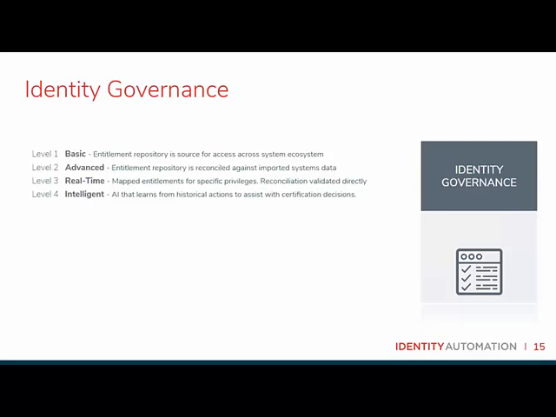Now, for real-time reconciliation, the IGA system needs to be able to monitor the resources for change as they change, right? Detect those changes, whether it's user created, user changed, added to a group, whatever, right? Then automatically reconcile that change to the entitlement repository. And when drift is detected, automatically take action, right? Even remediate if possible.